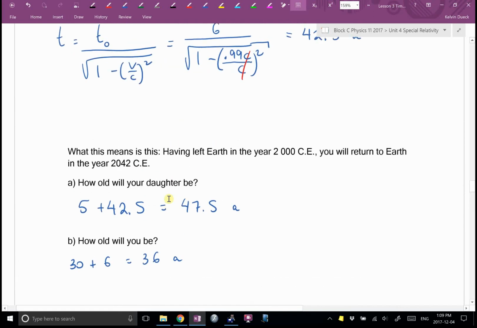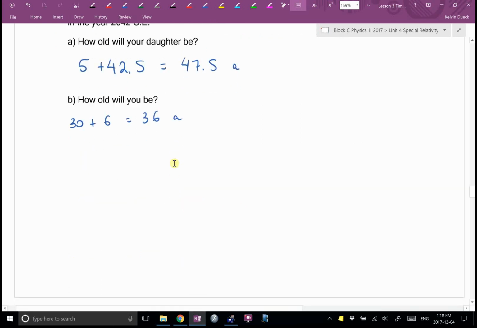Question? Okay. So if you're 30 and 6 years pass, so you're 36, or 11 years younger, whatever, will your health be that of a 70-year-old? Your health will be that of a 36-year-old person. Because all of the electrons, all of the protons, all of the DNA, all the chemical processes in your body have also been under a slower, dilated time. And if you want to know why that is, it's because of quantum physics. I can show you a video that gets into why that is. And it still has to do with the fact that light is, believe it or not, inside of you. Great question.